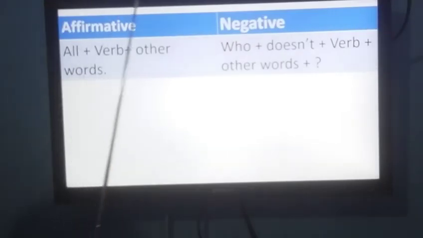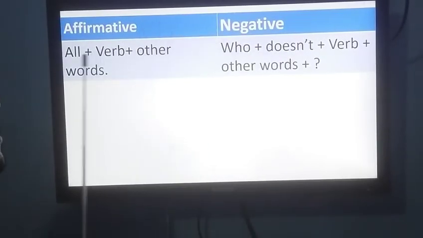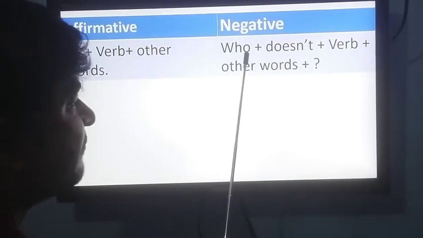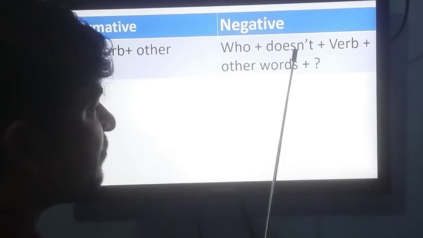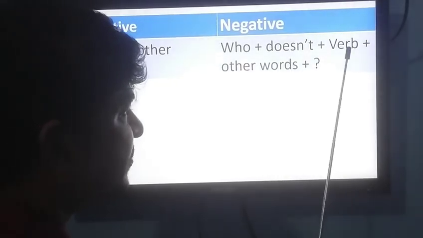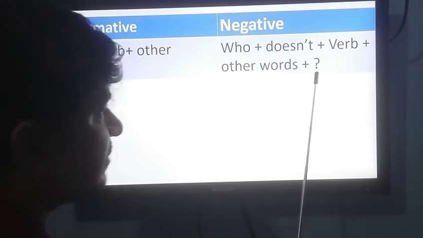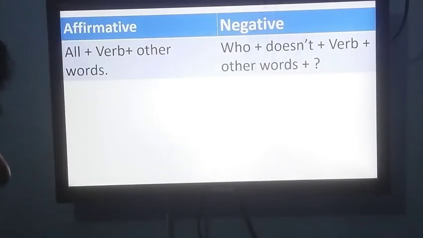If you get in an affirmative sentence all plus verb plus other words, you have to make the sentence negative in this way. At first you have to write who, then you have to write doesn't, then you have to use the verb, then other words of the sentence, then a note of interrogation should be used at the end of the sentence. Then